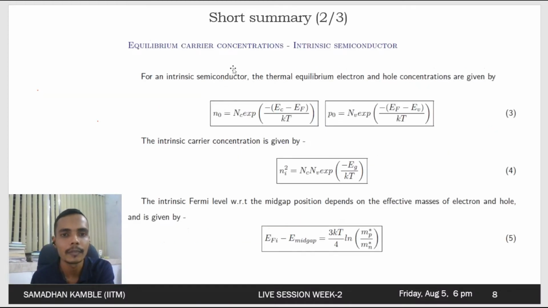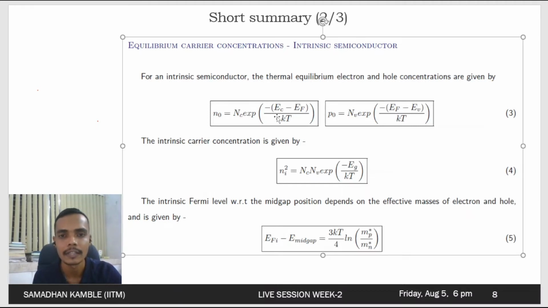Next is the equilibrium carrier concentrations. The carrier concentrations for intrinsic semiconductors are shown here, in which N0 and P0 are the thermal equilibrium electron and hole concentrations respectively, which are given by Nc exponential of minus (EC minus EF) by KT, in which EC is the energy of the conduction level. Then EF is basically our